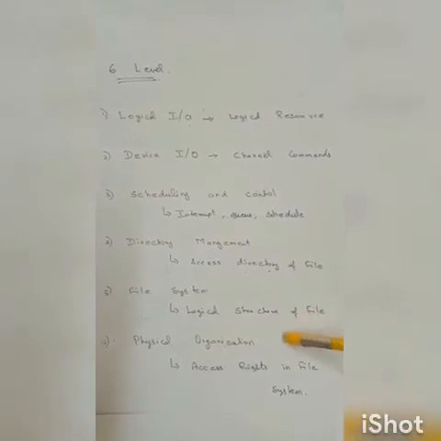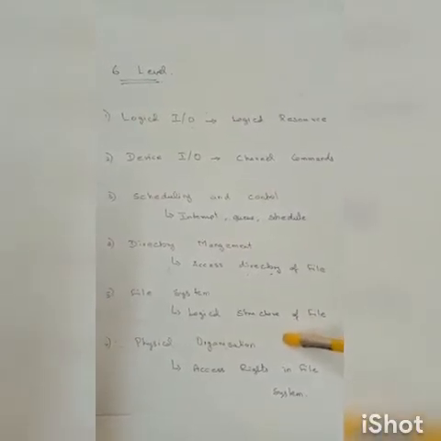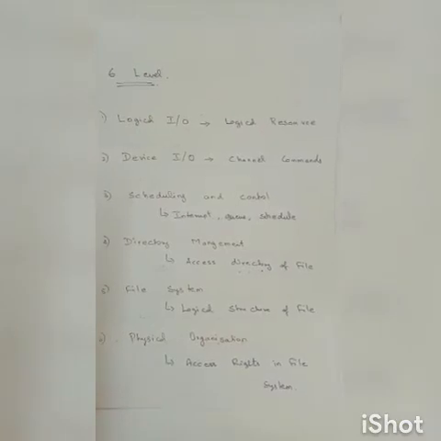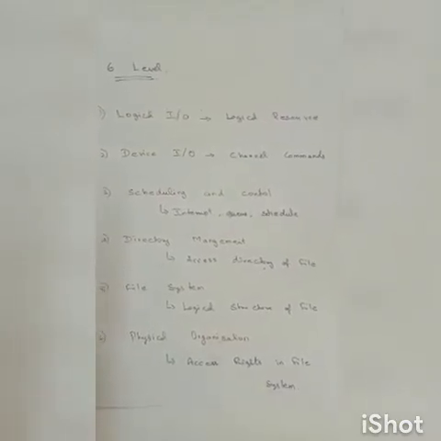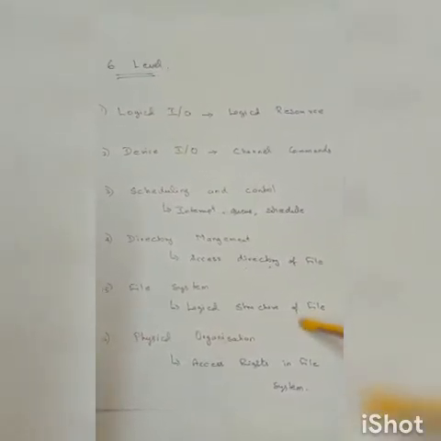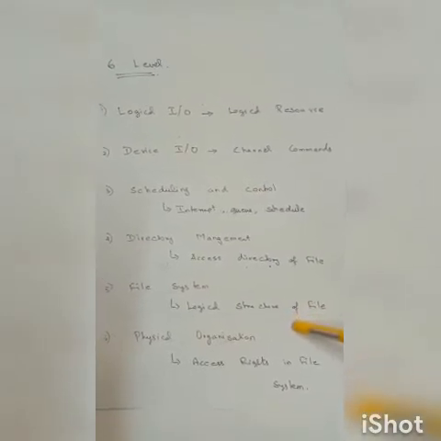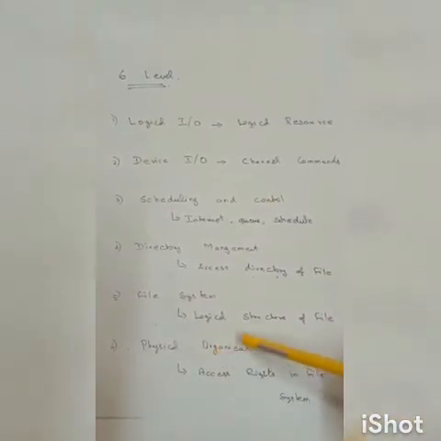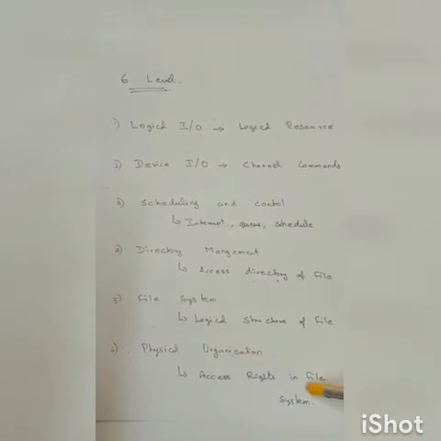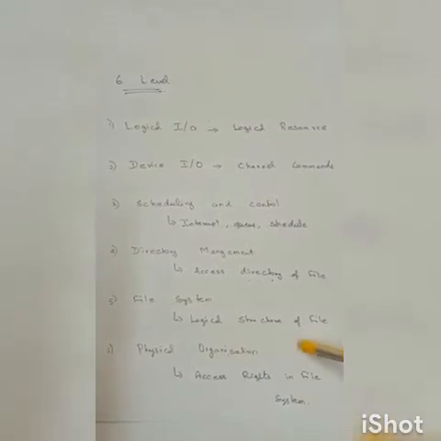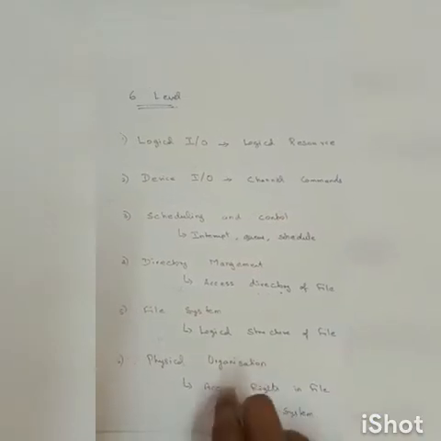And then the physical organization. The physical organization holds all the rights for the entire file system. Whatever access it can have, it has totally 3 types of access. It is read, write, and execute. Okay, so this physical organization gives the rights for the file system, whether it needs to be read, written, or executed. That's how it goes. Okay, so this is about your operating system issues and the solutions. So this is with the design issues.